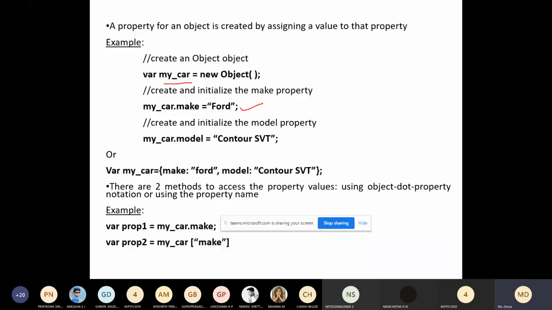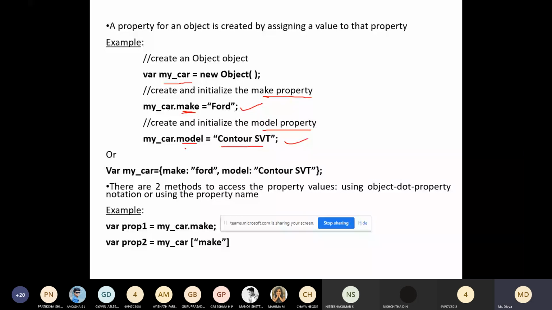These are the two values you are initializing: for the property make you are initializing with this value, and for model with this value. So you are creating the object and initializing the property values for make and model.